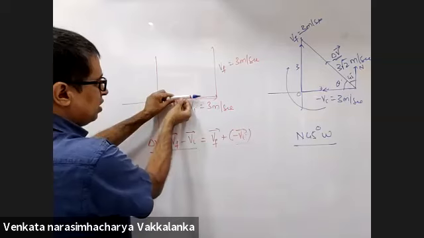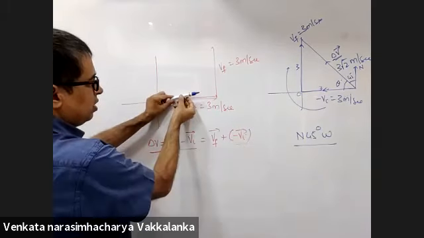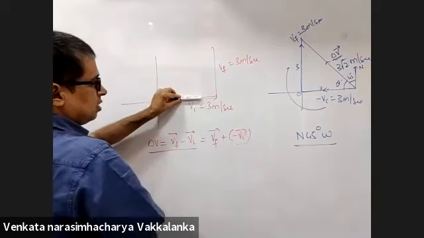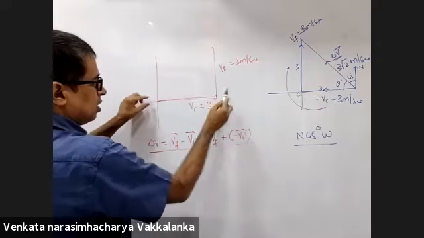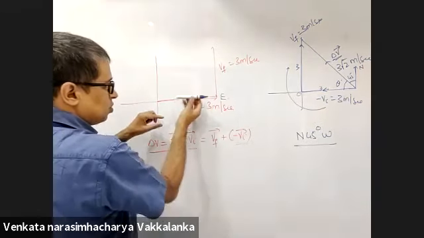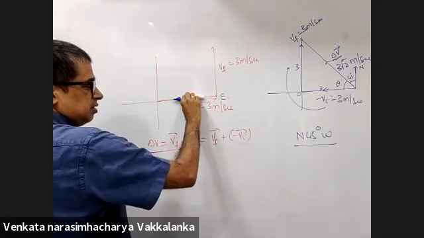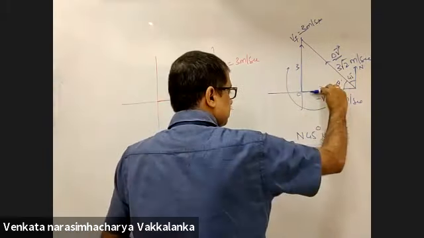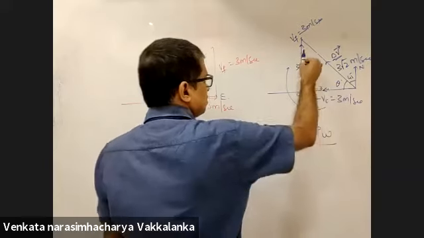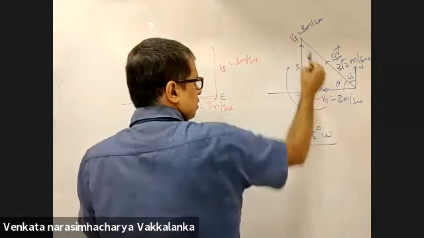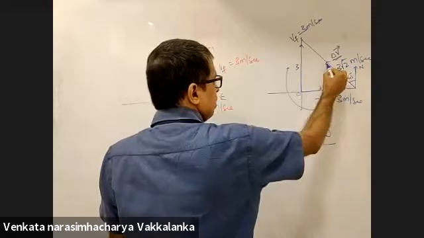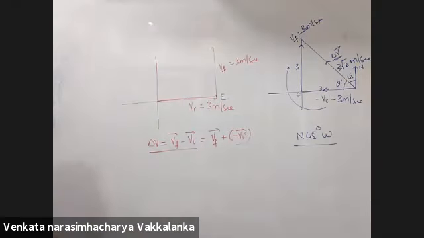This is V initial. Minus V initial will be in the opposite direction. Initially the man is walking towards east. Minus V initial will be in this direction. Right? Yes sir, got it, thank you. This is north. The resultant of these two will be the third side of the triangle taken in reverse.